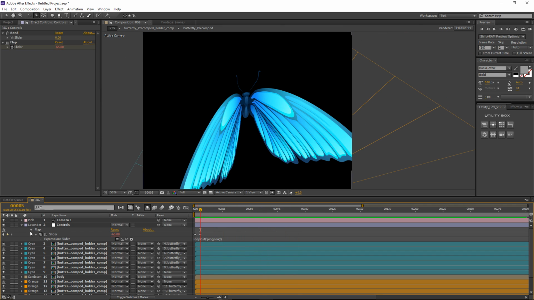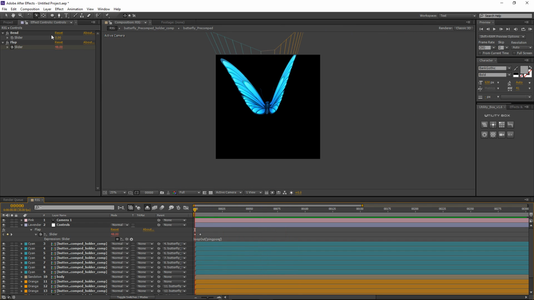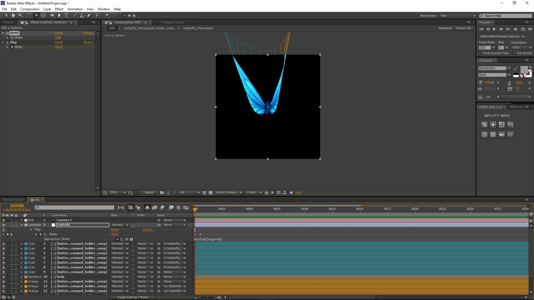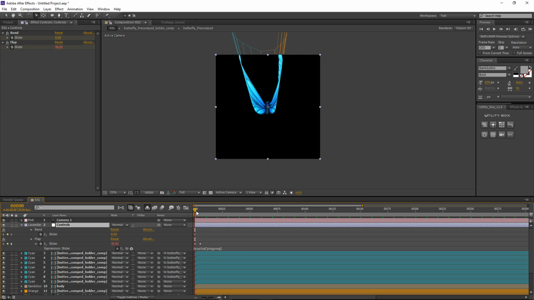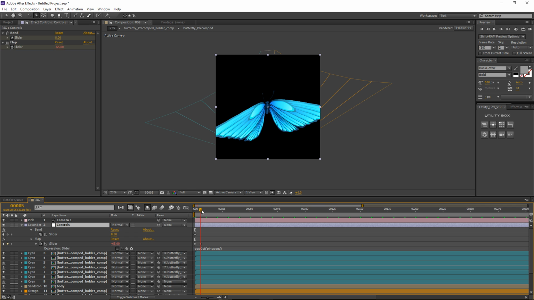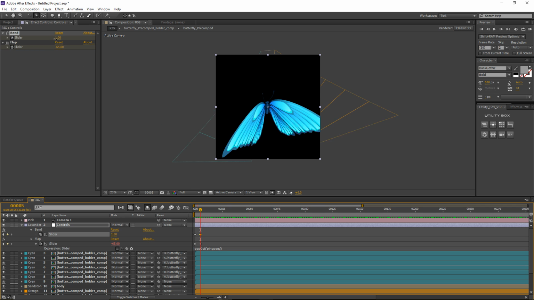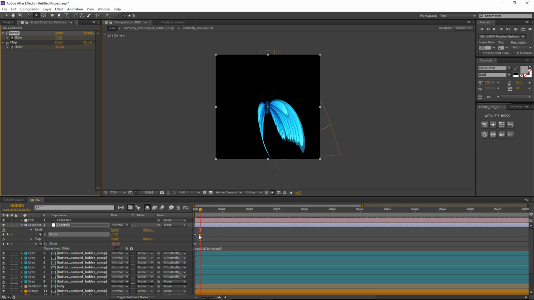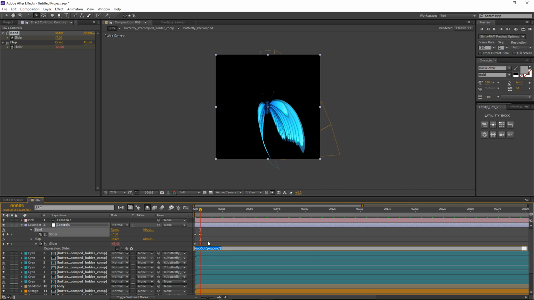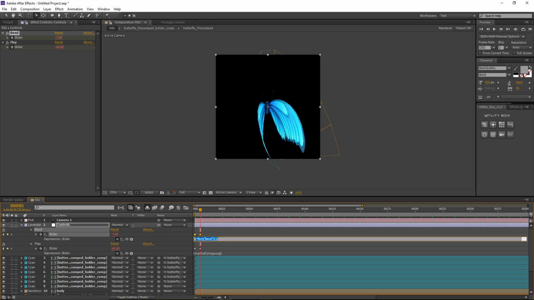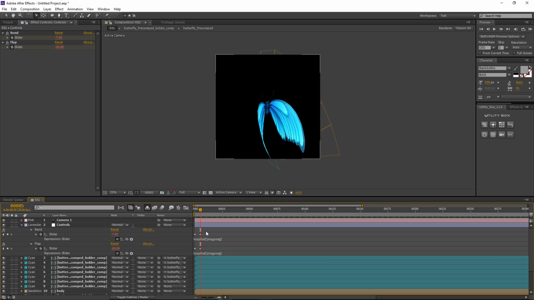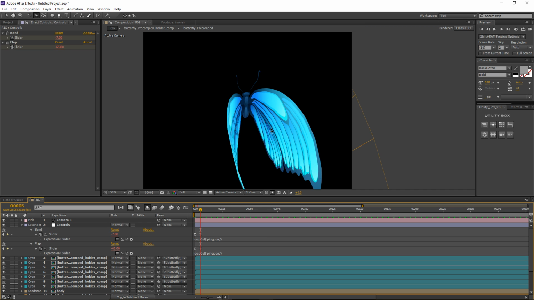Alright, and let's also go to our bend and let's set up some bend deformation. So let's increase the bend value maybe to 8. Let's add a keyframe and let's press U. Let's go to frame 5 and let's set the bend on the other direction. Alright, and I will also just copy this expression and just paste it for these other keyframes. And also I want to smooth these keyframes out, so select all of them and press F9. And now as I make a quick RAM preview,